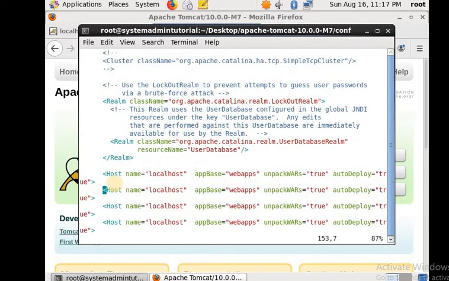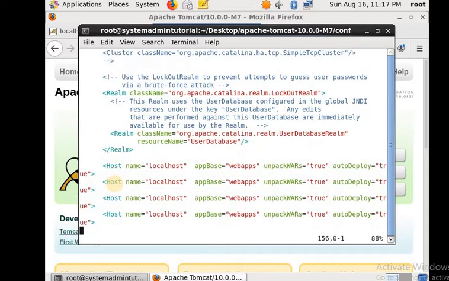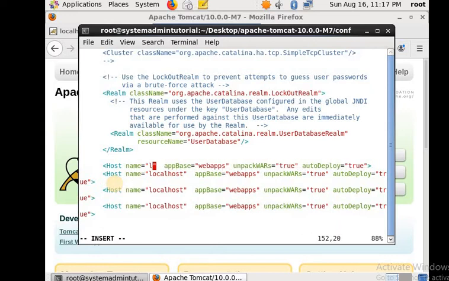You see, previously one Host line was there, but now there are three lines. Now we are going to run our websites like this: go into insert mode. The website name should be here.